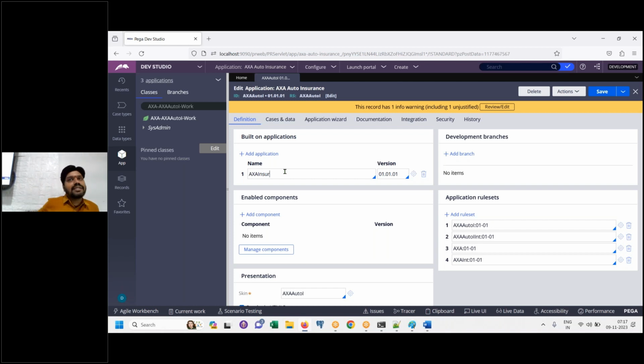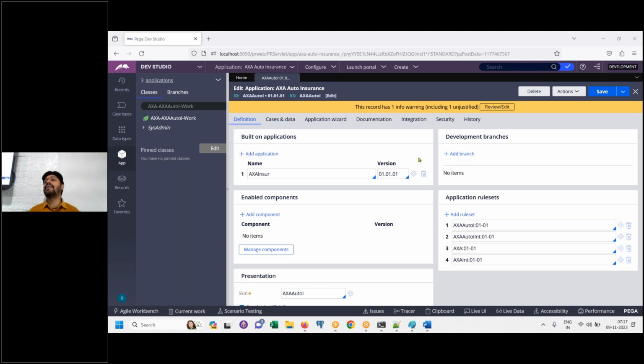Log into AXA. Beside there is one, by clicking on the edit icon, gear icon. Whatever you are saying is correct. Just hold on. What you need to do is generally log into the AXA framework application. You logged in. After you log in, click on application menu, choose definition. Then you will open the definition of the framework.